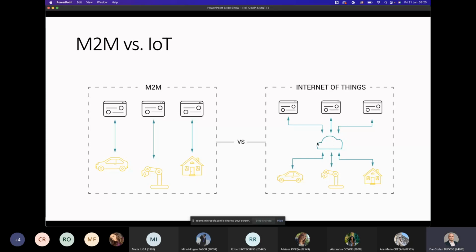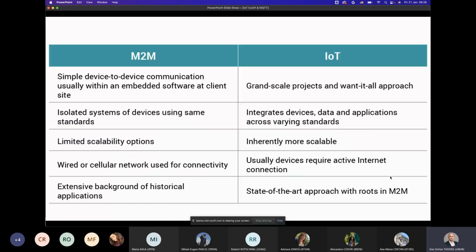So CoAP is one of those protocols that has a very ambitious goal of actually unifying different types of applications. The communication is done through the internet, of course, and then the front end part might be separate, might be dedicated to a certain type of application, or might be a common front end for multiple types of automation that you have installed in different locations. So what CoAP does, and what MQTT does in the same manner, is to offer you a lot more flexibility and a lot more compatibility with different types of applications.